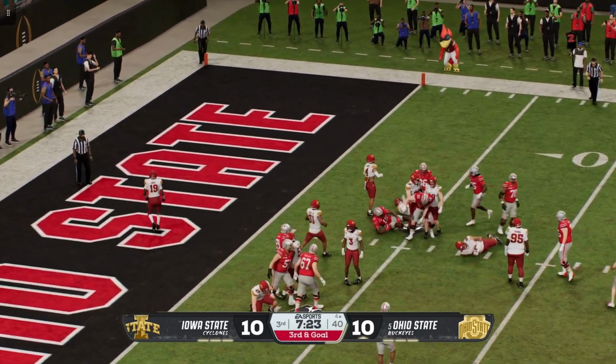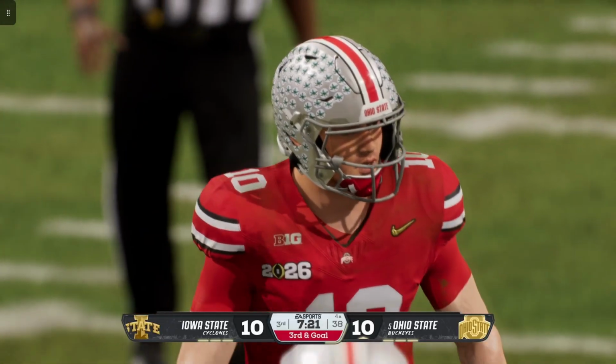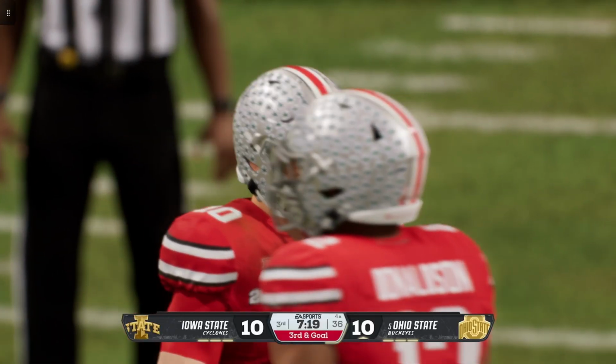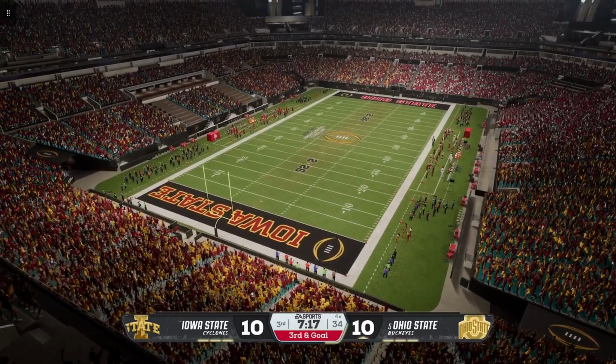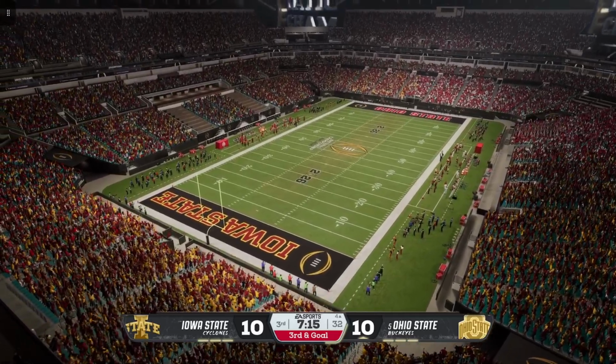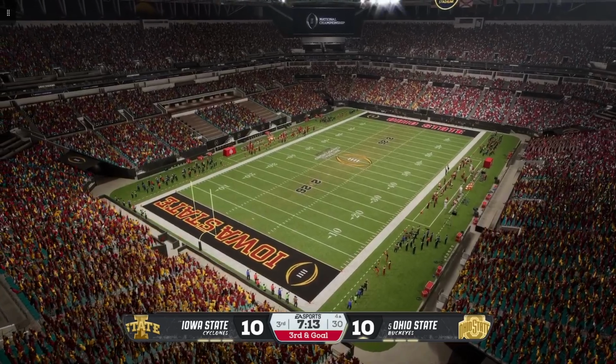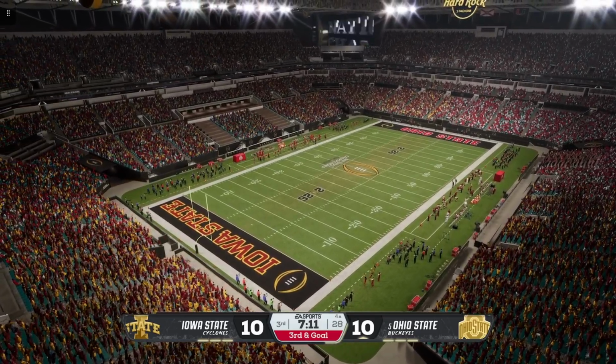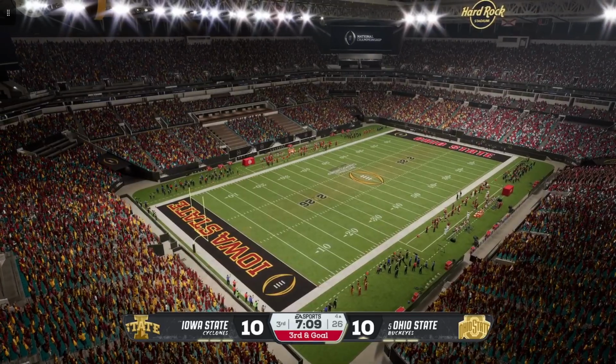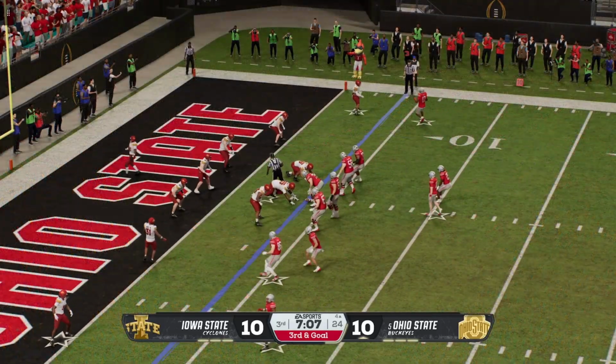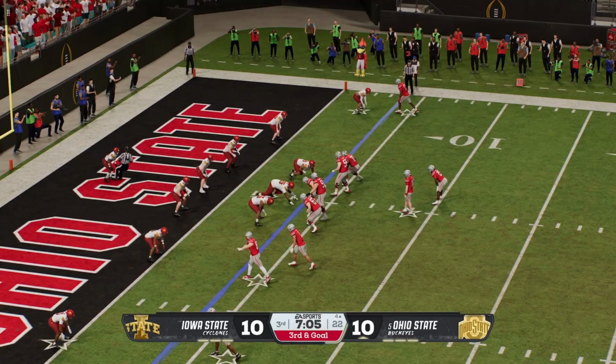Tailback tests the middle of the defense. He's tackled down to the 4-yard line. Defense getting pushed back. Down inside the red zone, they're reaching into the bag of tricks here, but the defense does a really good job of being aware and bringing the ball carrier down. He moves the ball to the 4. It's third down and goal.